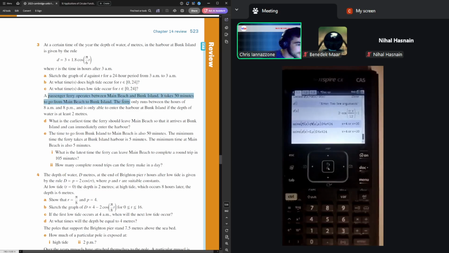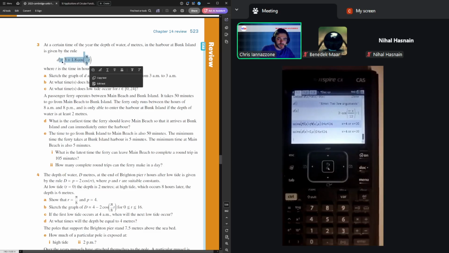Okay. Ferry operates between there, 50 minutes, only runs between, only able to enter. What's the earliest time? Oh, okay. That's kind of cute. So we got a ferry. It takes 50 minutes for it to get from its starting location to the second location. It only runs between 8 AM and 8 PM. And it can only enter the harbour so long as this function is at least 2 meters,